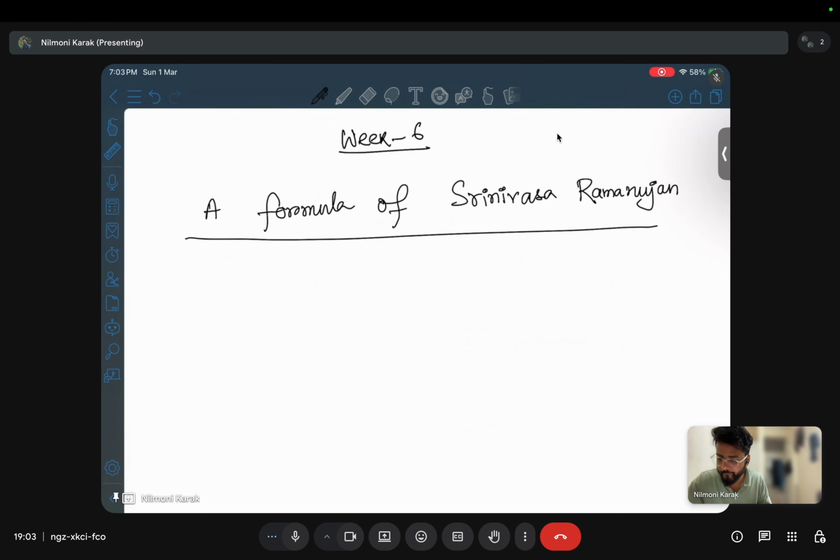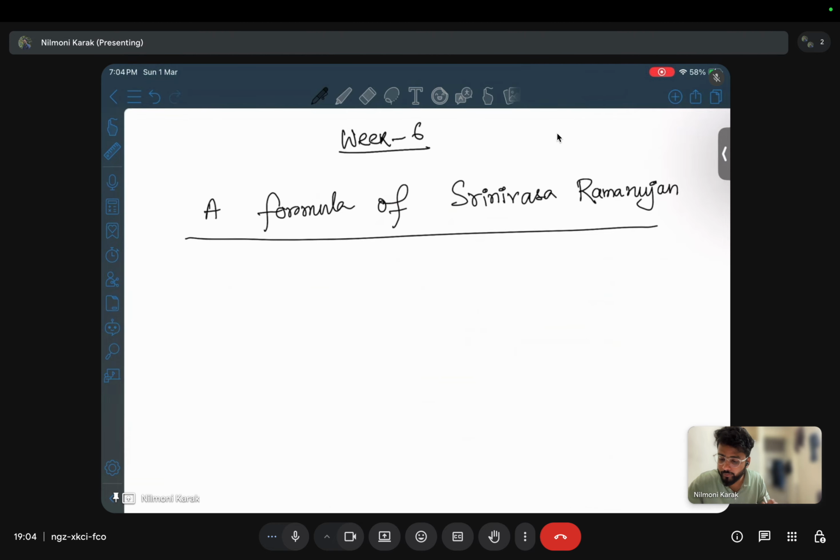We all know about Ramanujan, who has a big contribution in number theory. So the formula is basically